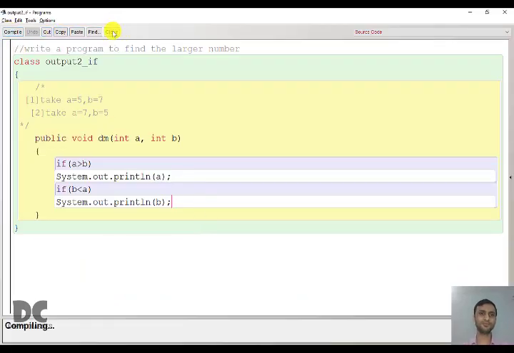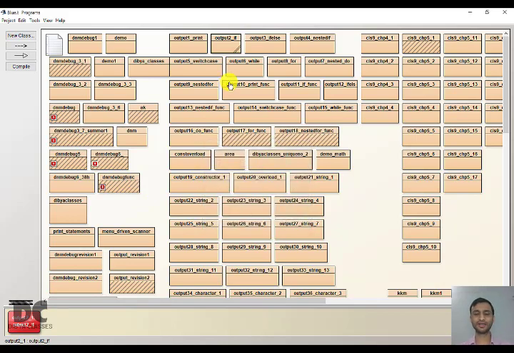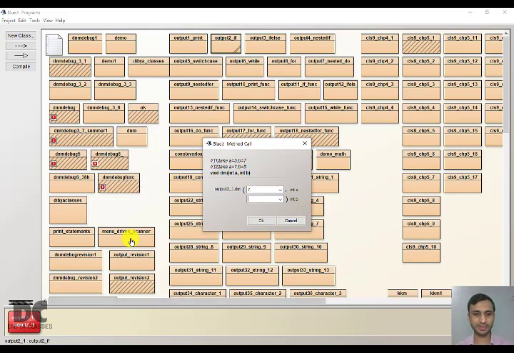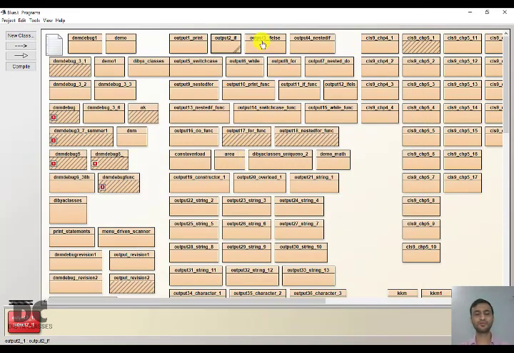Let us run this program. So first we'll take 5 and 7. Did you get any answer? No. Why? Because both the if statements are false, nothing got printed. In the second case, we have 7 and 5. Here both the cases are true, therefore in the first case you got 7 and in the second case you got 5. Let us move to the next question.